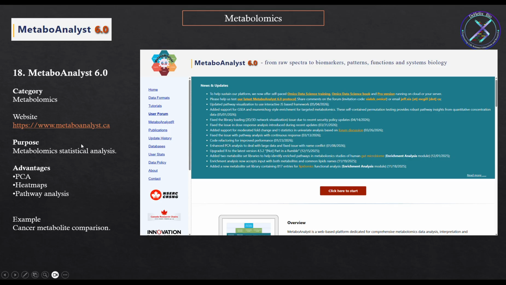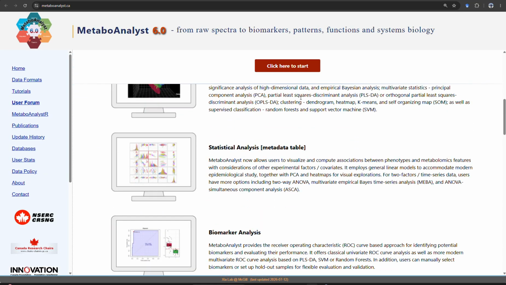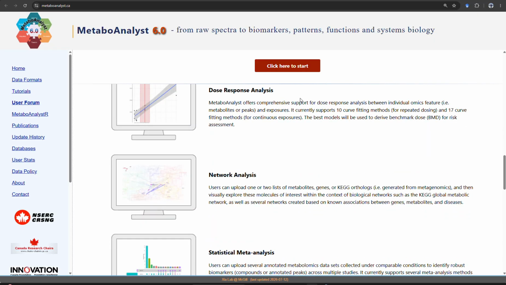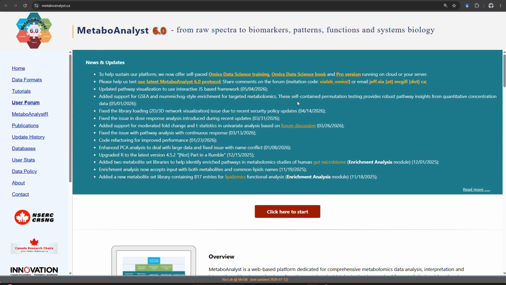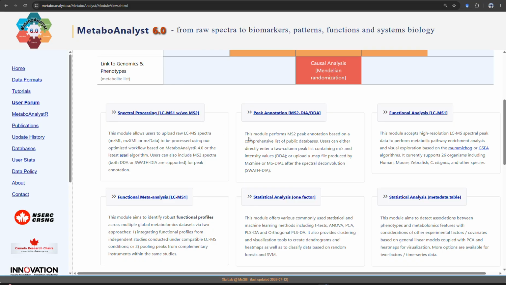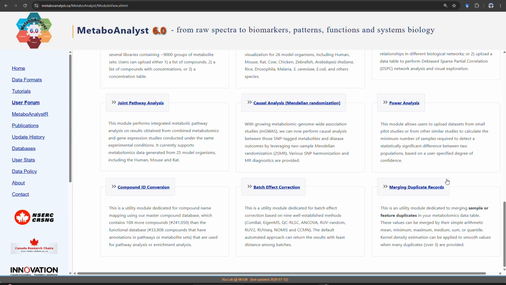metabolomics. So this is basically a statistical analysis tool, and it has heat maps, principal component analysis, and pathway analysis. So we can click on this, and you can check this web tutorial. So they have different tutorials for different analysis, so you can definitely see and use those tutorials for your particular project. And there you can see different analytical tools that they have displayed, and you can always use them for